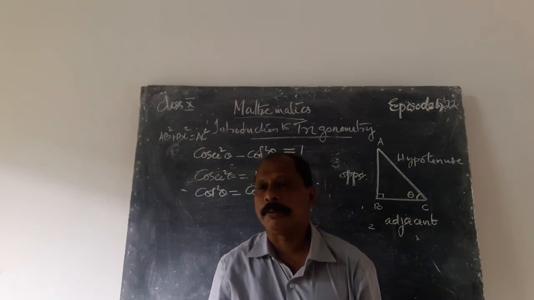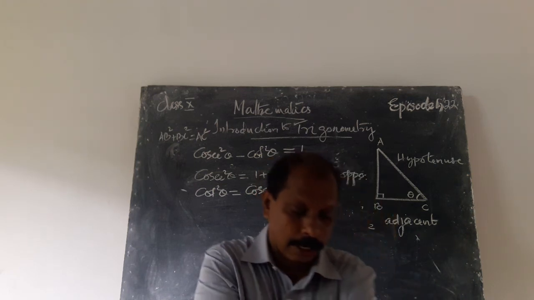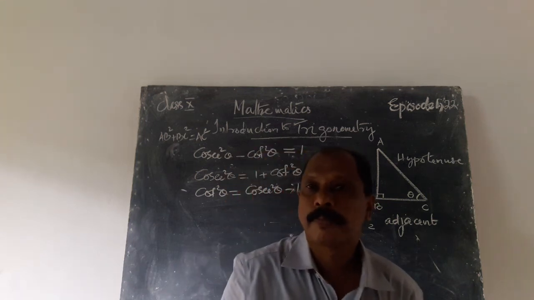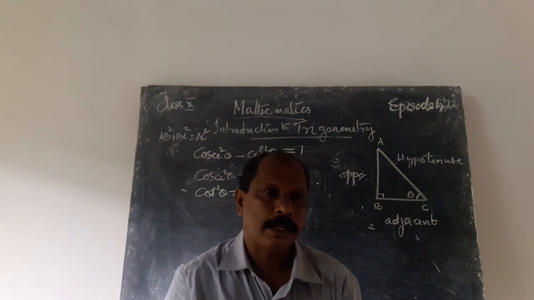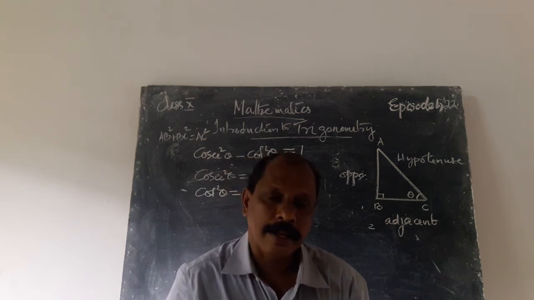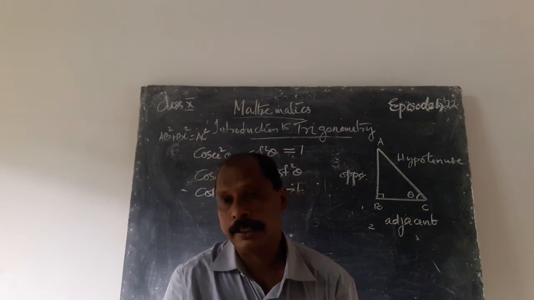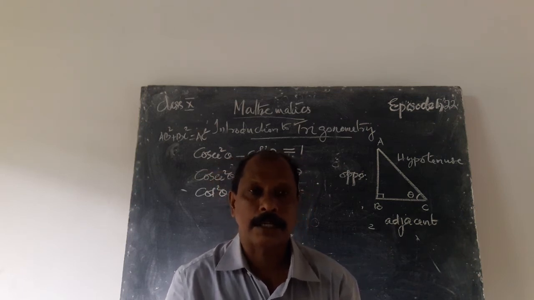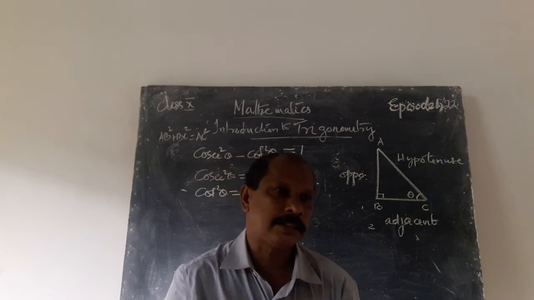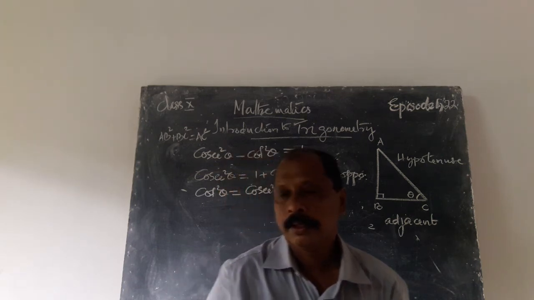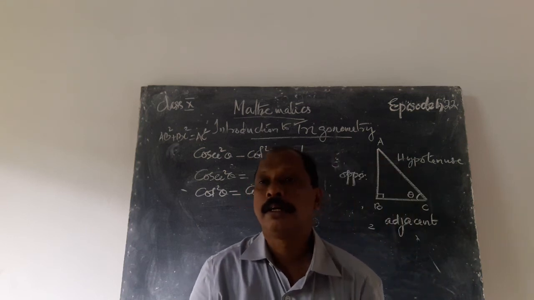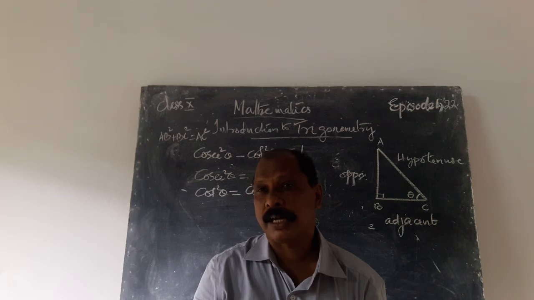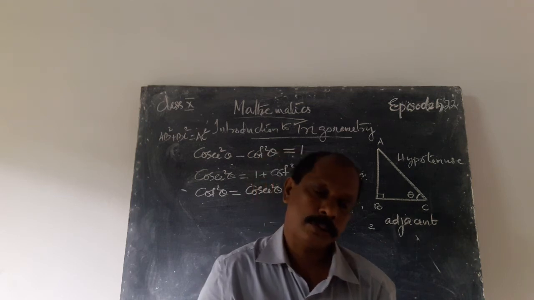That means trigonometry is the geometry that deals with triangles and their properties. If one angle of a triangle is 90 degrees, that triangle is known as a right angle triangle. In a right angle triangle, there are three sides. One is base, other is perpendicular, it is altitude, and the third is the side against 90 degrees, it is hypotenuse. Then the relation between these three sides is known as the Pythagorean relation. What is it? Base square plus altitude square is equal to hypotenuse square.